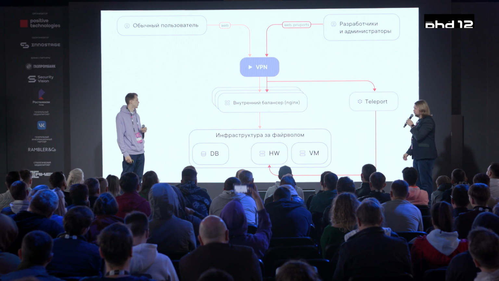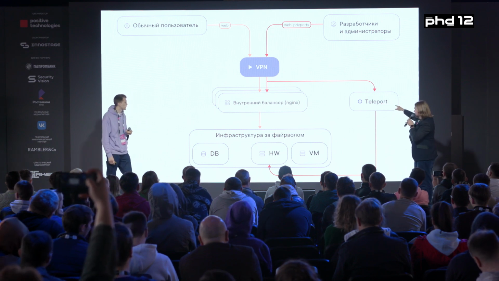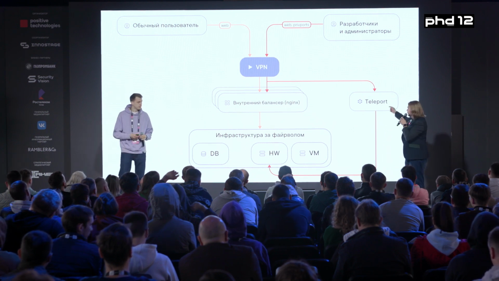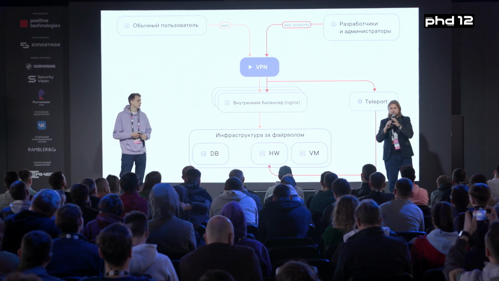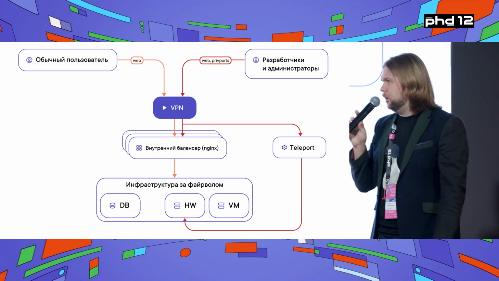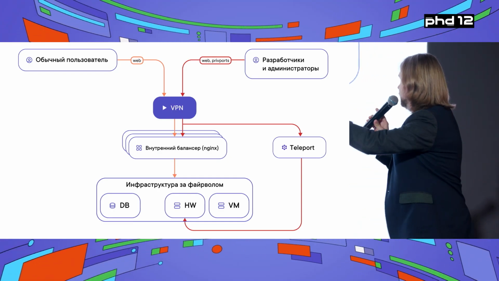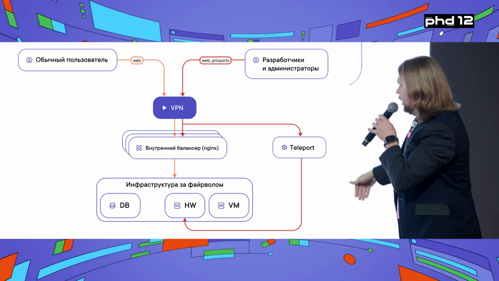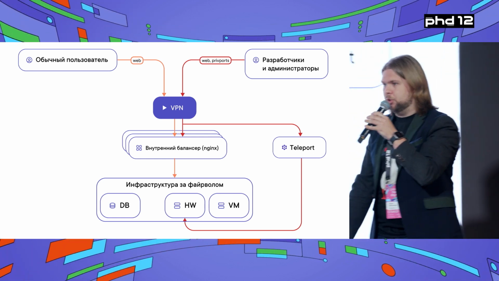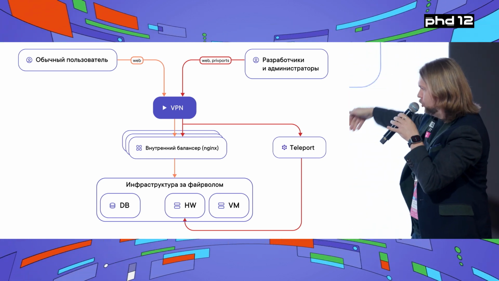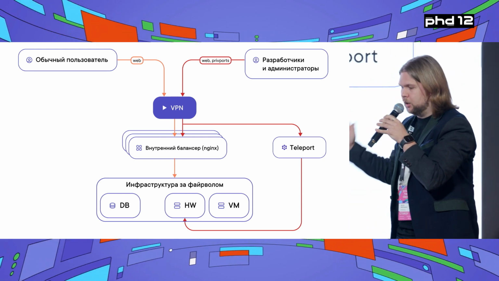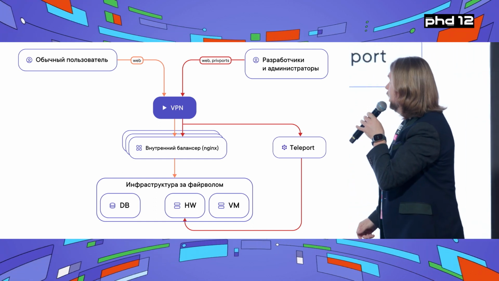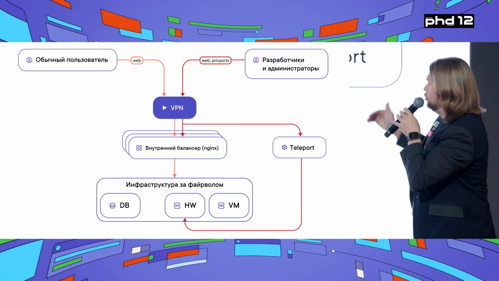that's where we use Teleport. We put the Teleport proxy. We have access from VPN to the Teleport proxy through one port, 443. Why one? Because the Teleport proxy has this great feature of multiplexing ports. So the admin connecting to the proxy can use port 443 and then get access to the databases, the Kubernetes clusters and virtual machines. So you don't need to open many ports into the internal infrastructure.